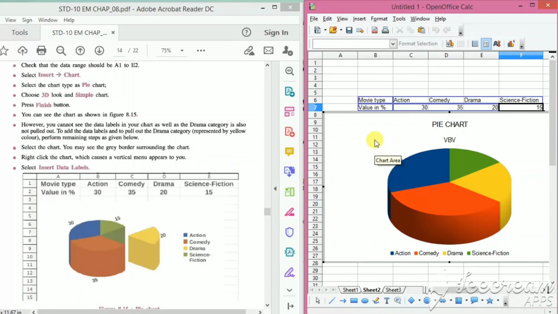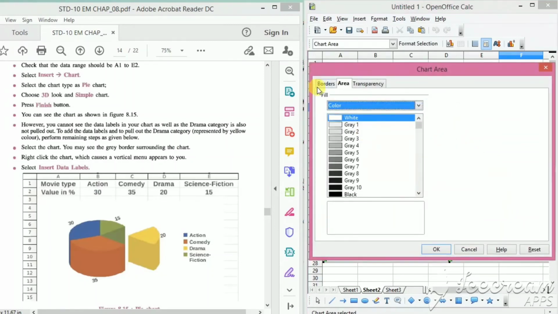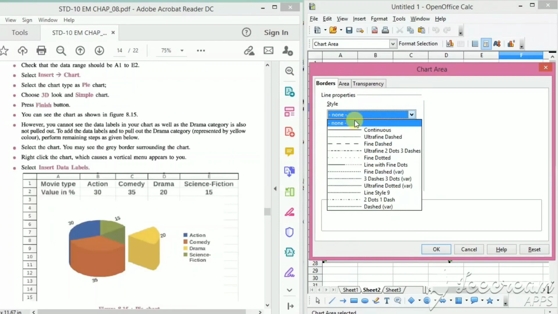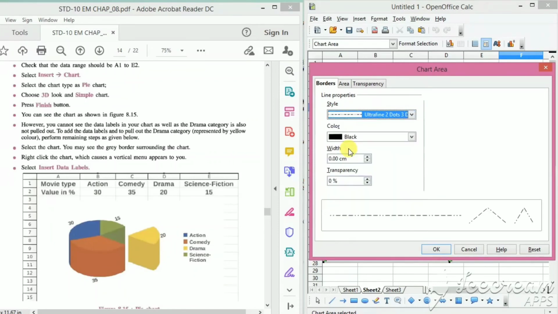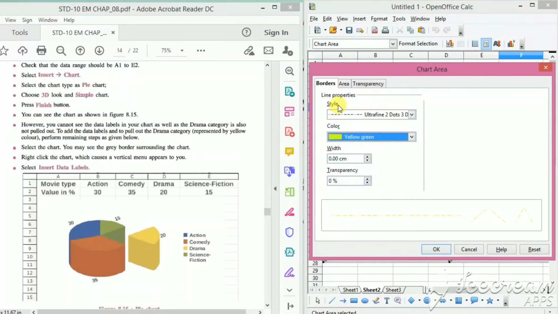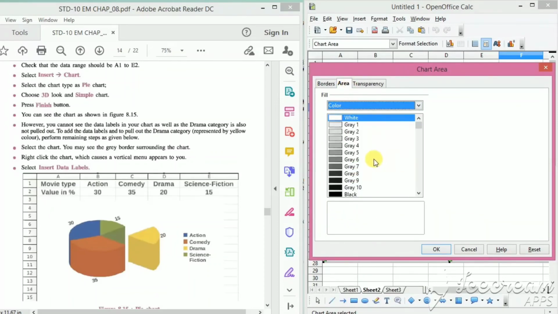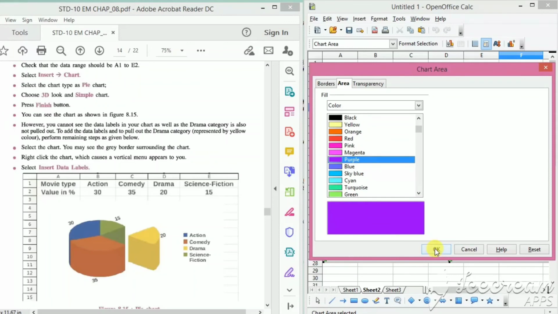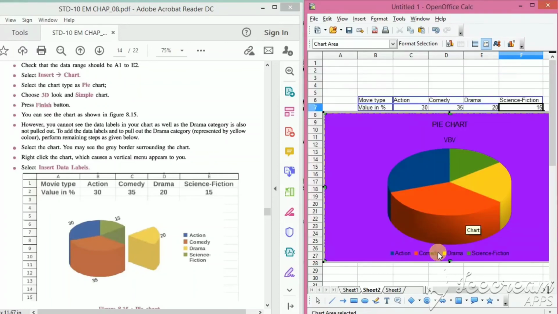Now to change the background color, in the same way double click. Click on border, select any border according to your interest, select the color. Then to change the background area of the chart, I am taking purple, click on OK.